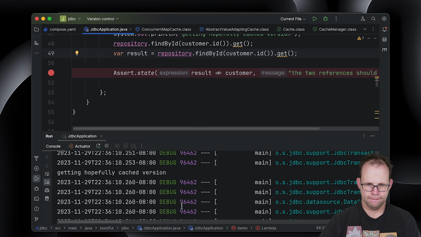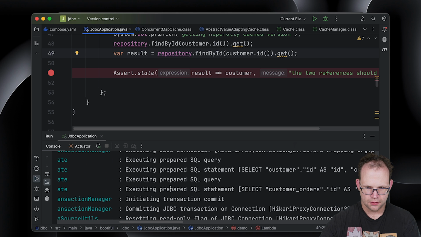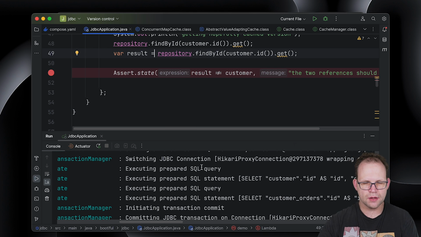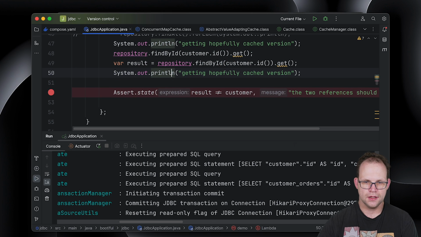Okay, so now we're about to get a result, releasing JDBC connection. Okay, so you can see the first time we called the query, we got the results back. So let's copy that here. Here we go. This is the second time.